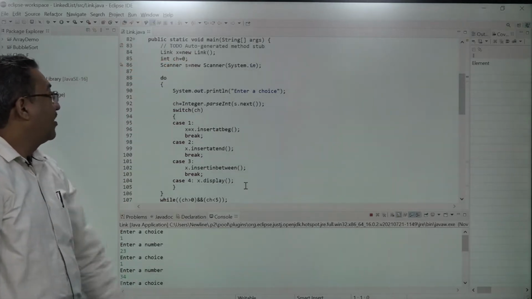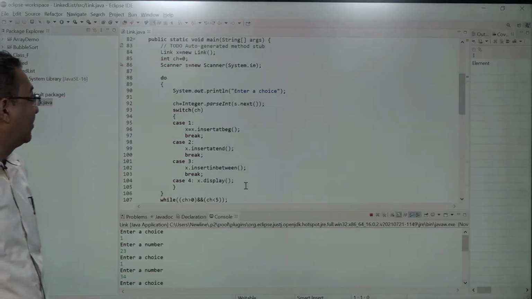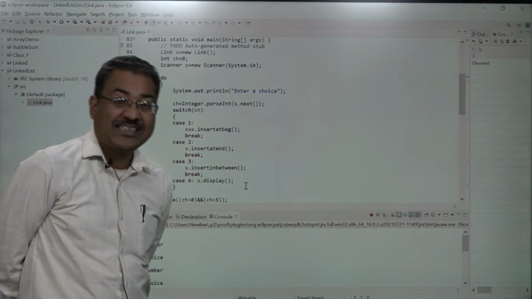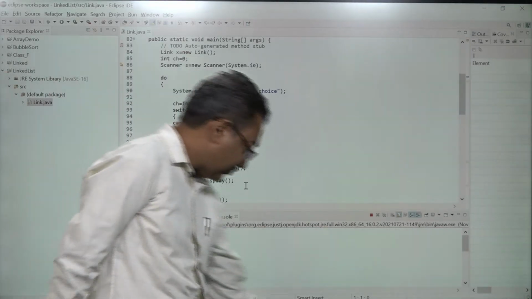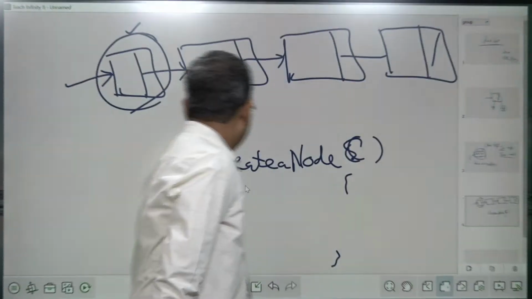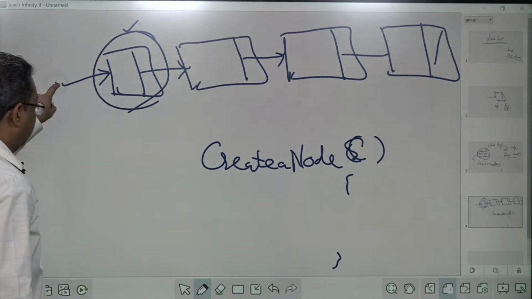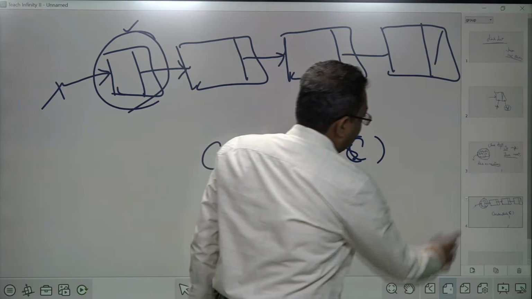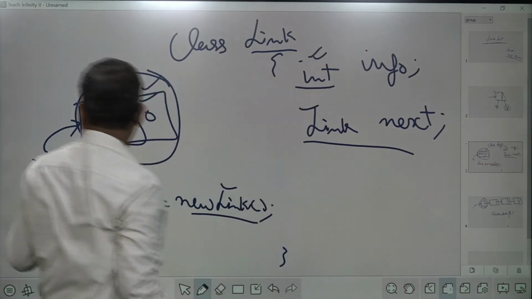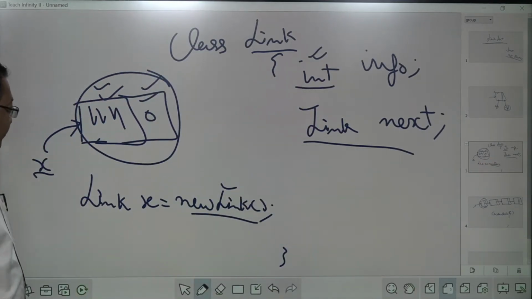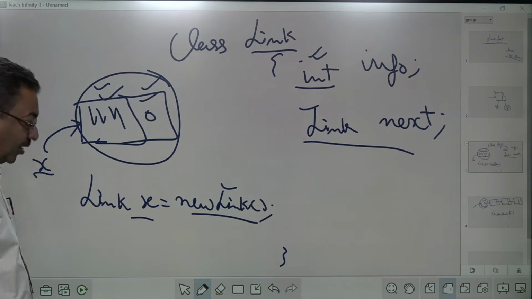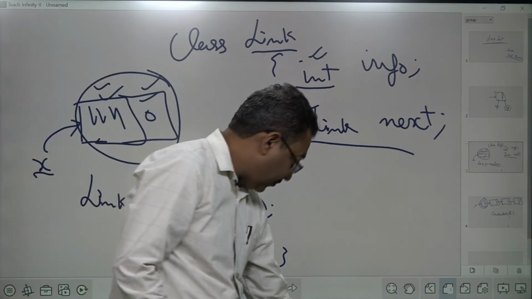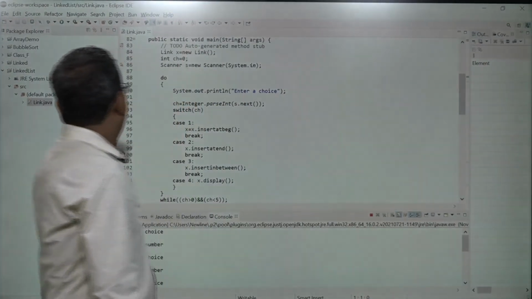Here I have created a reference X of link. And what is X? X is this one, or this one. Then what next?